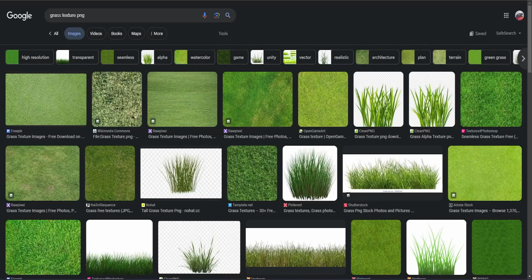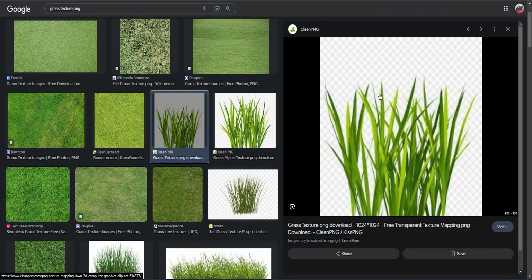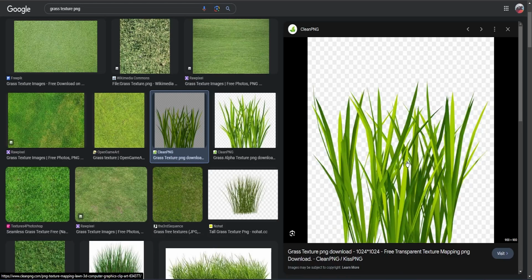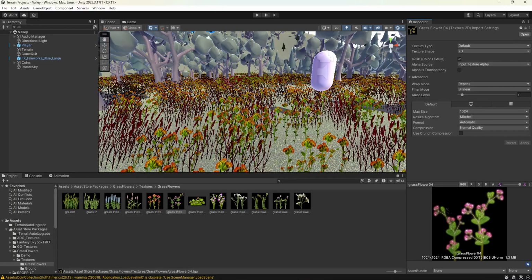Number one, a simple Google search for grass textures PNG, and you can already start to find some decent images that will work out well for you. Here's a nice little PNG of grass with a transparent background, grass is alpha. This would work perfectly well for a Unity scene, as you can see here from what the flower textures actually look like. These are just Targa files, but PNGs also work perfectly well as long as you have transparency, as you can see for all these particular